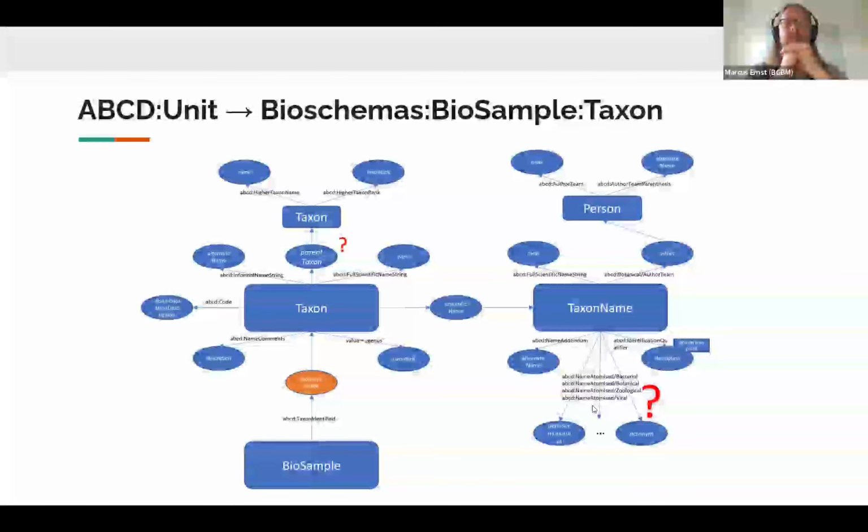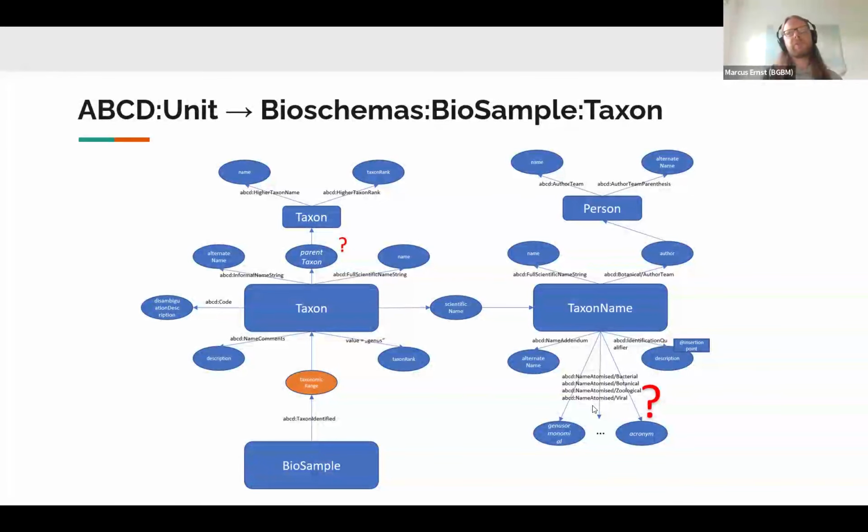because parent taxon means that it points to a direct or immediate parent and not the subordinate taxon.